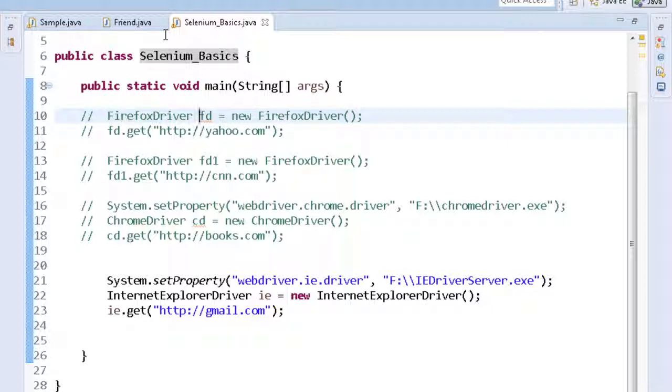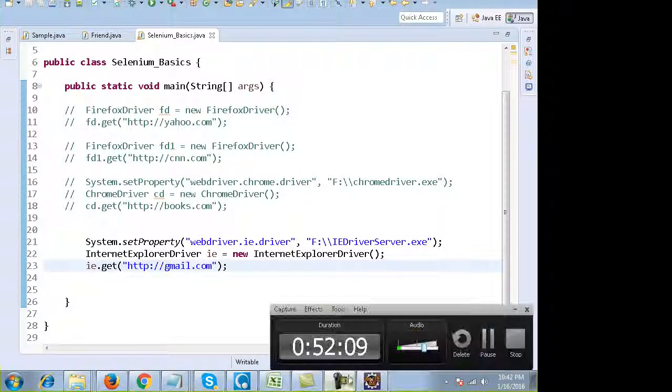So these are the three commonly used browsers. Apart from that, we have the Opera driver for Opera, and the Safari driver. Both of them are unstable and give issues. A lot of things don't work on Safari. For example, on both browsers, managing pop-ups and different windows becomes really tough. But with Firefox and Chrome it's quite easy. All these drivers you can manage very easily. Now, let's do one